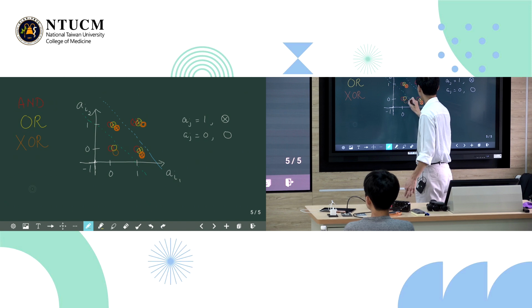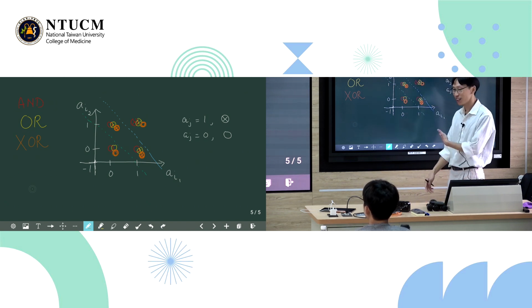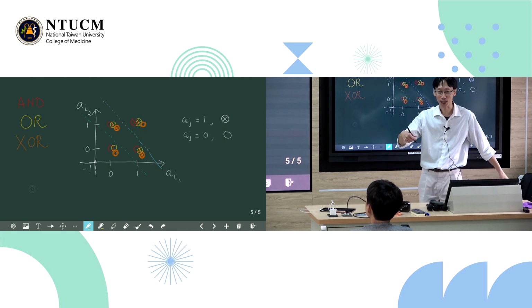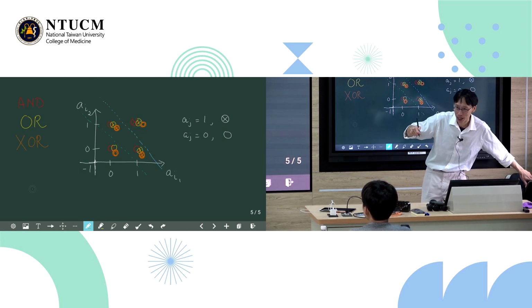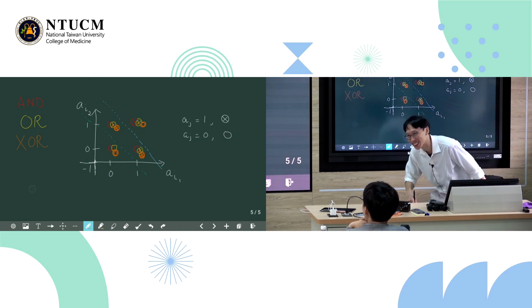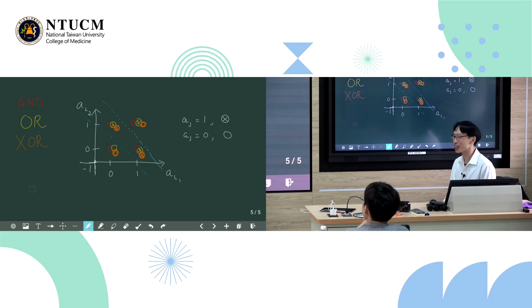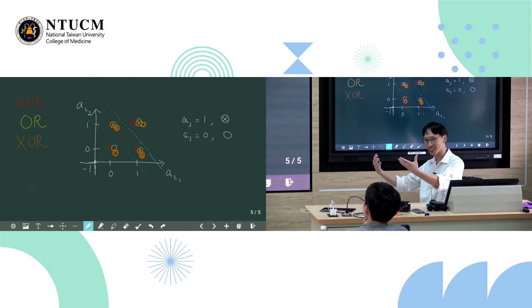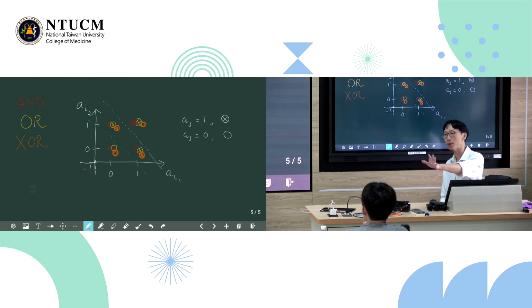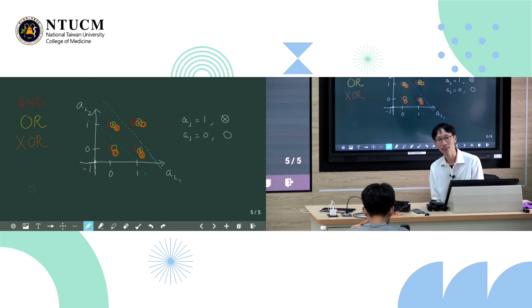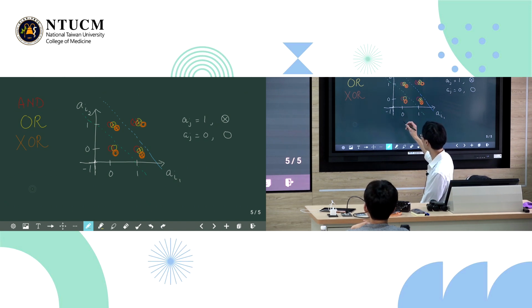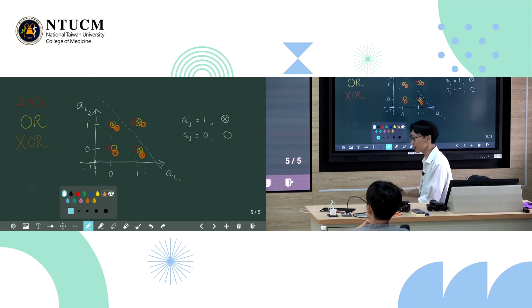Okay? Now, can anyone draw a straight line to split? This is like one of those drawing games. Like, can you draw a straight line without lifting your pencil to connect all the dots? That kind of thing. Can anyone draw a straight line to split the X circles from the unfilled circles? We could tell you there is no basis. You cannot draw a straight line geometrically. What you can do, however, is if you add, and here's a clue to how to solve the XOR problem, okay?